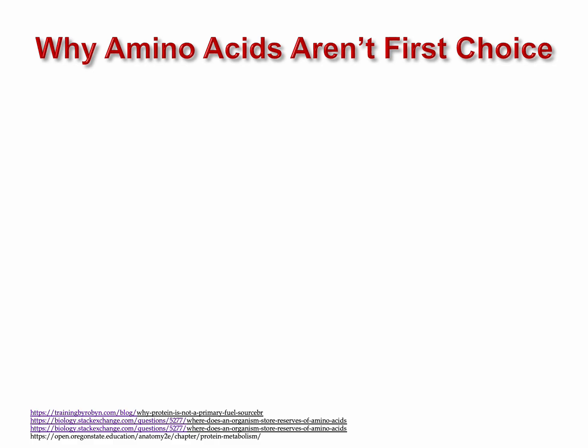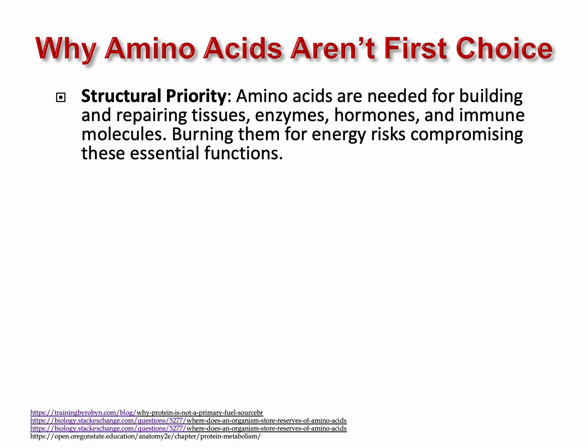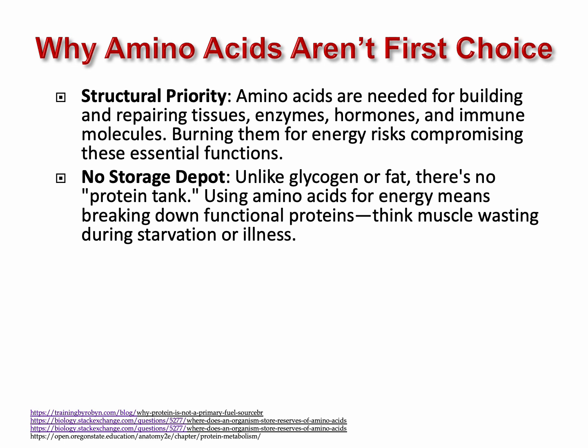Now, why aren't amino acids the first choice, or why is protein not the body's go-to fuel source? Number one is structural priority. Amino acids are needed for building and repairing tissues, making enzymes, hormones, and immune molecules; burning them for energy risks compromising these essential functions. Number two, there's no storage depot for protein. Unlike glycogen or fat, there's no protein tank. Using amino acids for energy means breaking down functional protein. Think muscle wasting